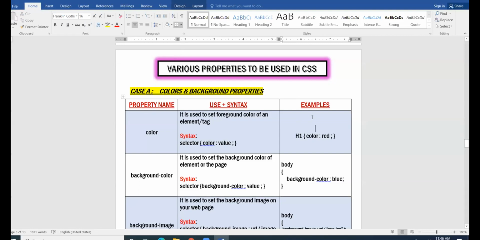When you read this table, the way I tell you: property name, this is the use of the property, this is the syntax, the general formula to write the property, and this is the example, right? I have divided the properties into groups so that it is easy for you to read. The first property which I have is